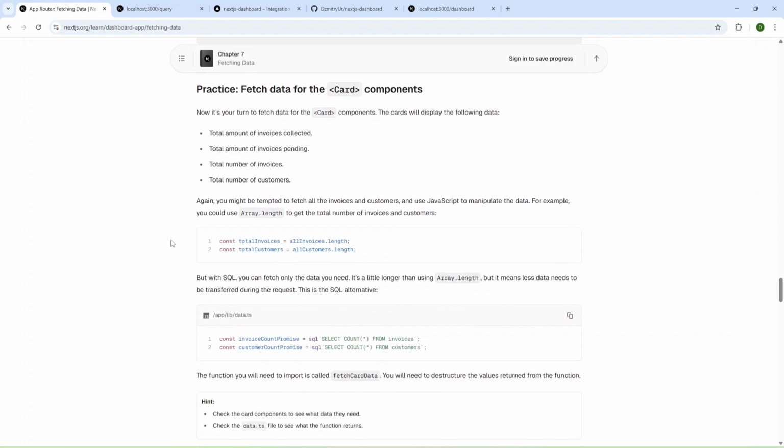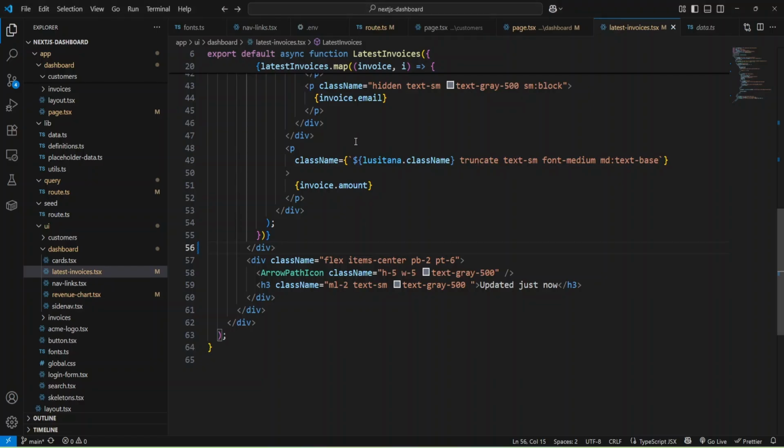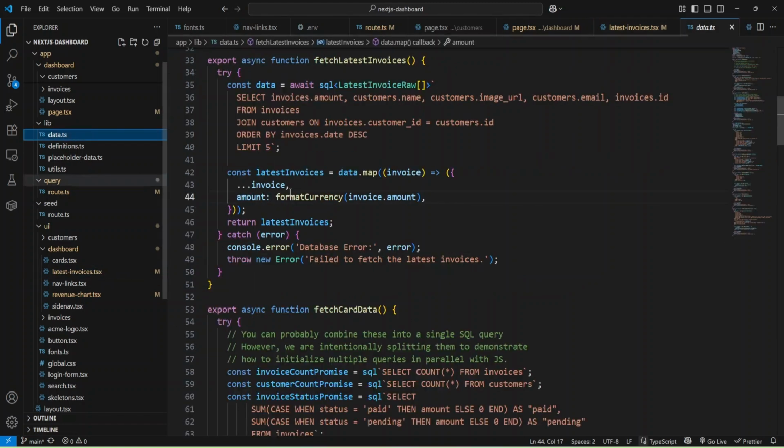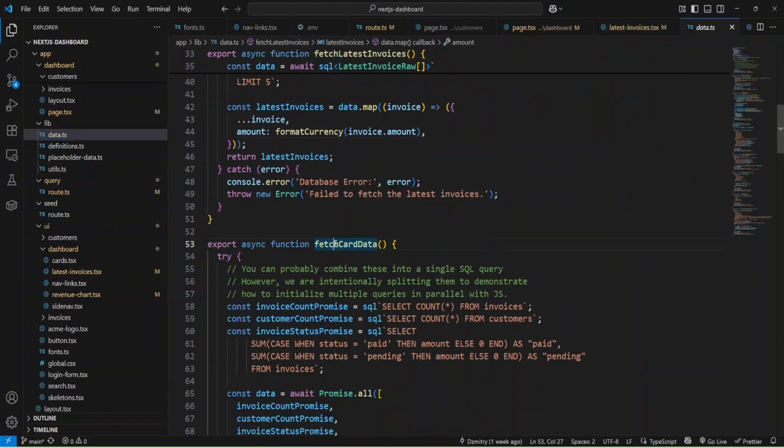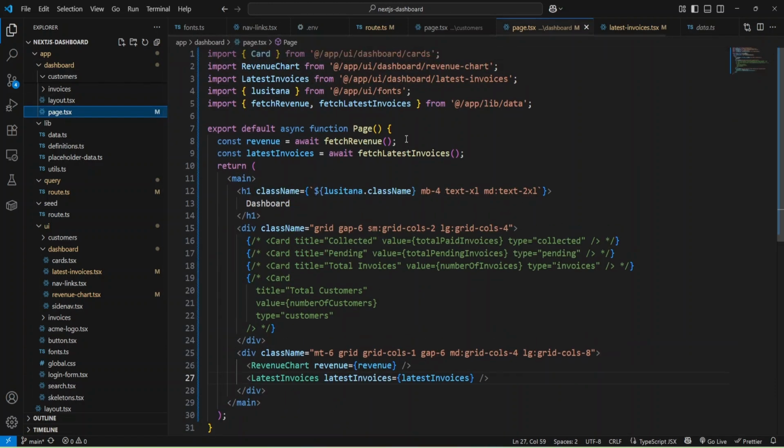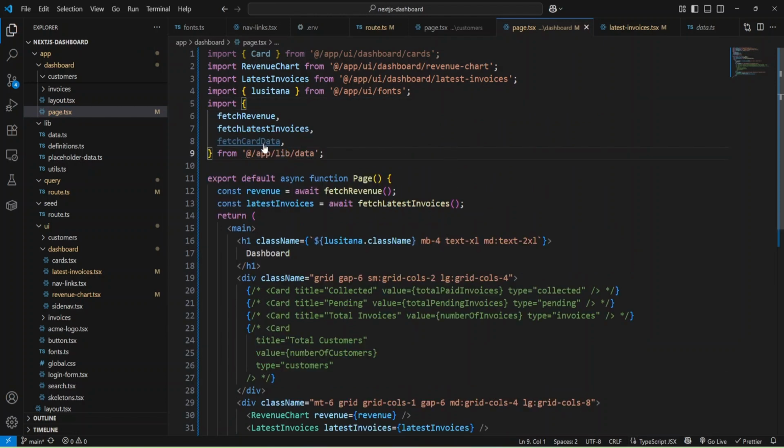And now we need to fetch page data for the card components. They explain how to do it, and let's try to do it. And we need our data, and inside lib we have data, and I believe we need to import this fetch card data function inside our dashboard page. And let's check.